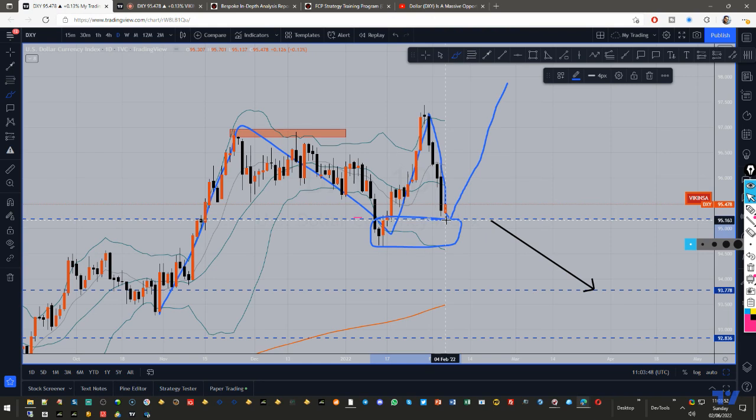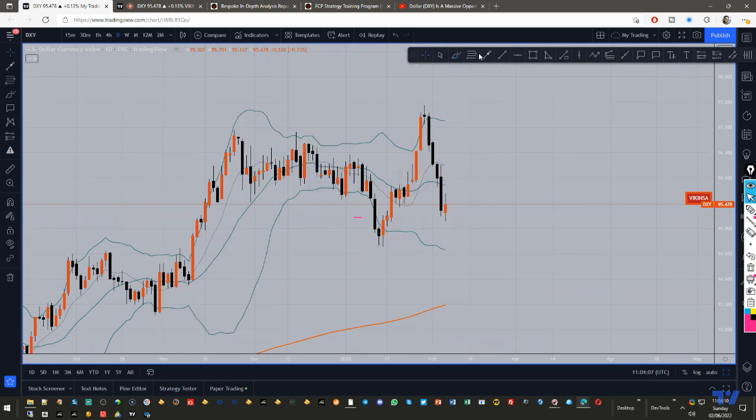Now what I'm expecting is that the market can actually push all the way to one of the important levels here, maybe around this level, right? And that can actually give us a head and shoulders pattern here. Okay, that's one of the scenarios. However, let me actually clean that up. Okay, however,